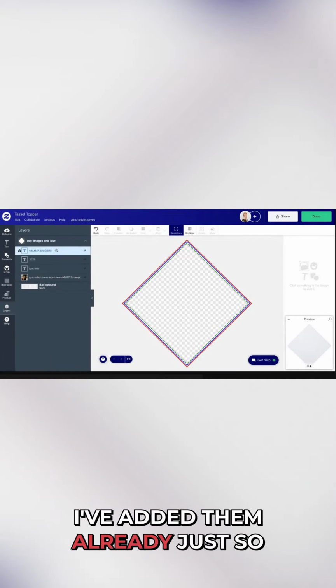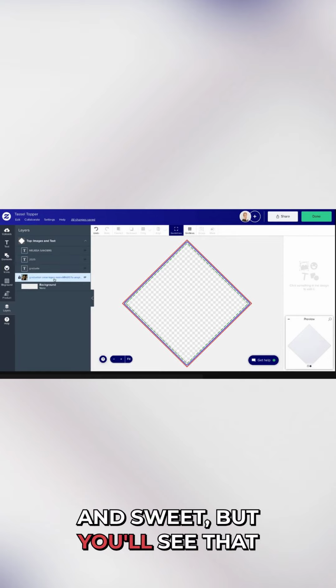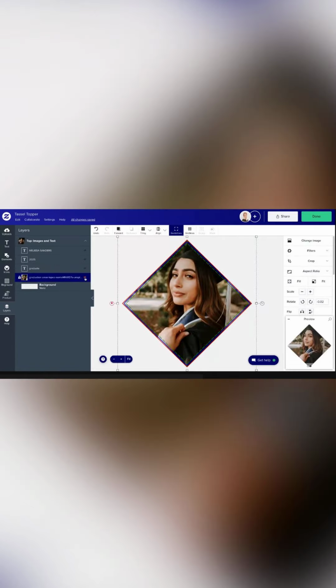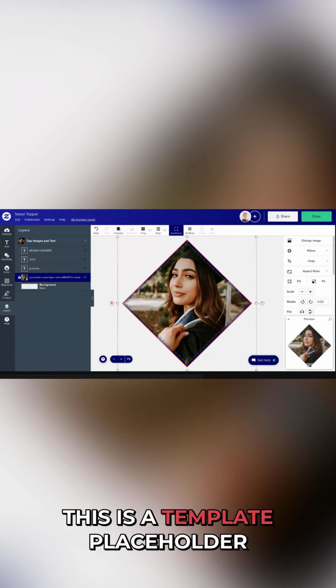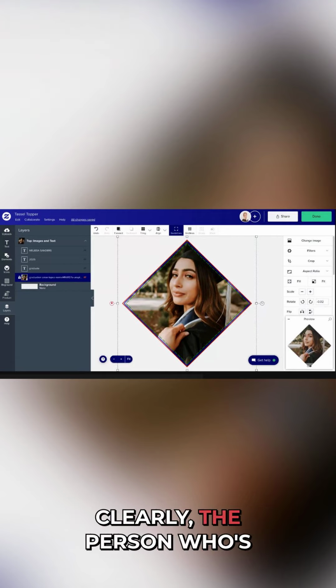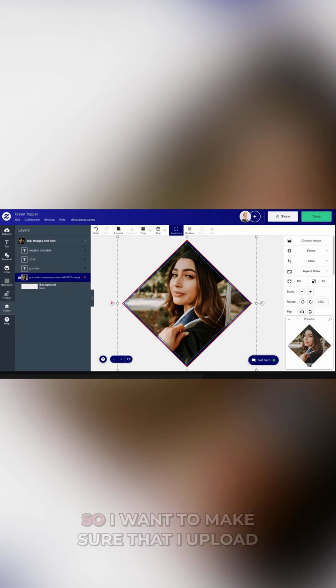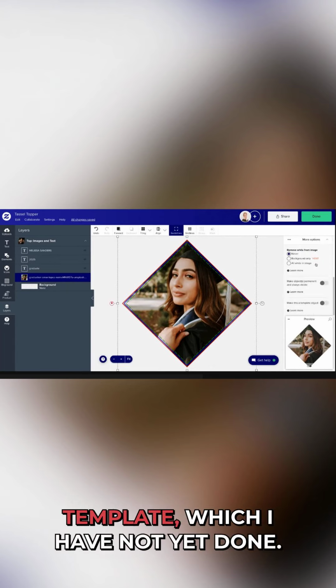I've added them already just so that we can keep this video short and sweet, but you'll see that it's quite simple. So I've added my photo here, and I've chosen a copyright-free photo. This is a template placeholder photo. Clearly, the person who's buying this tassel topper is going to change it for their own. So I want to make sure that I upload this and then also make it a template,